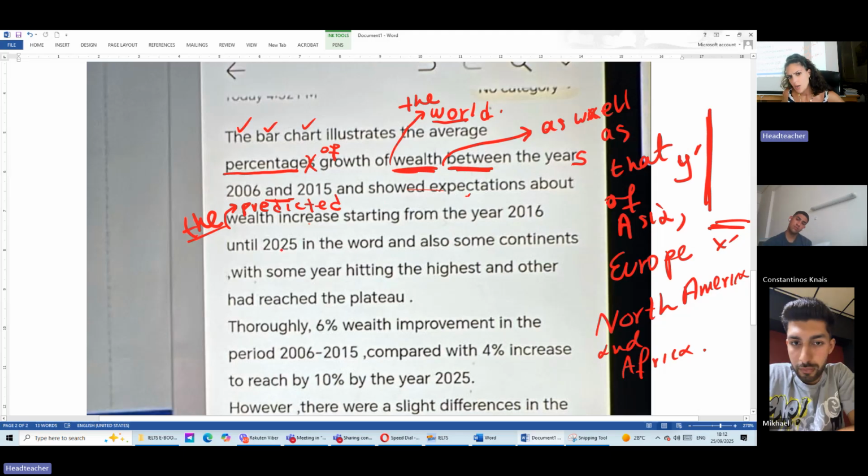2016. Would you write to or until? To 2025. I think I'm starting from where? From 2002. It sounds more natural to me to say starting from to. It sounds just more natural to me. I don't know why. It's something that I've heard more often. Starting from this year to that year.